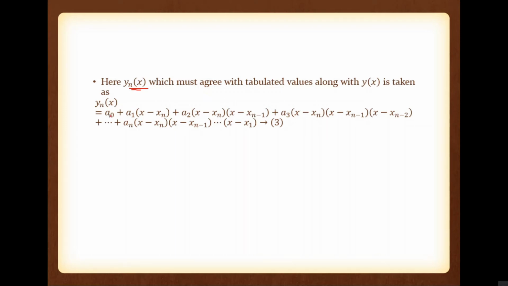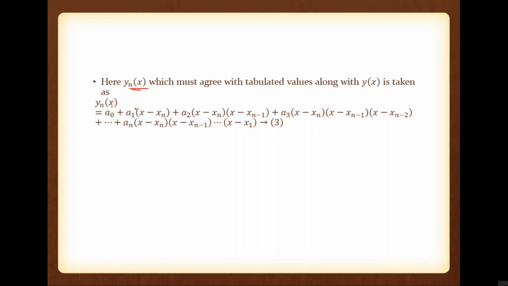So what is the main difference from Newton's forward interpolation formula? You have the same type of expression with a slight difference. Can you notice any difference? If you have n plus 1 data, we have n plus 1 elements, a0, a1, a2, a3, a4, etc., up to an. a0 is an independent term.